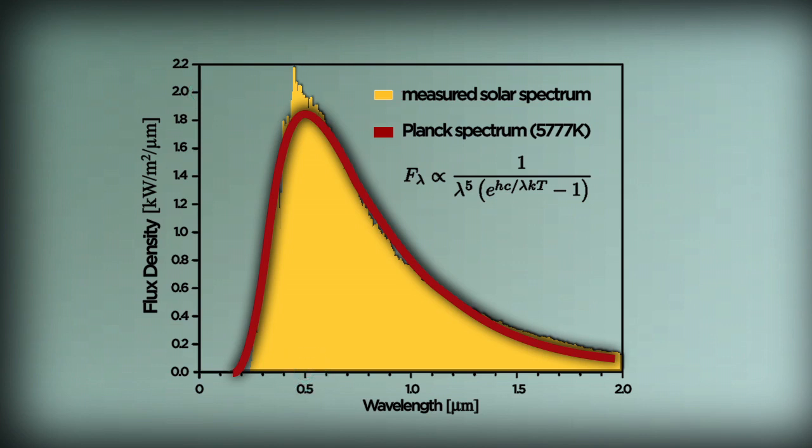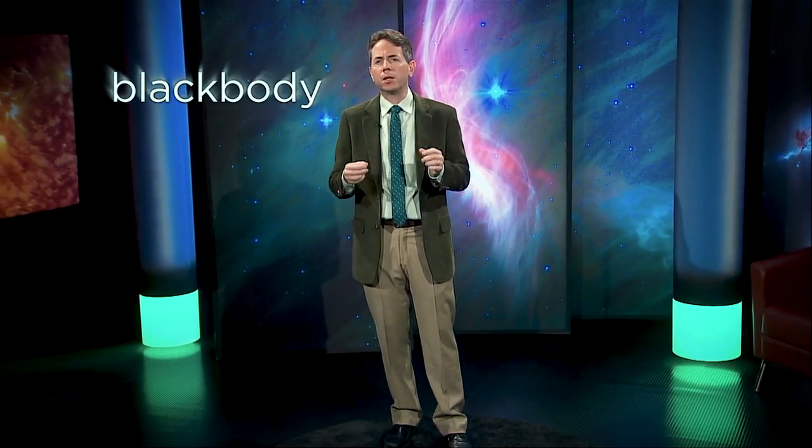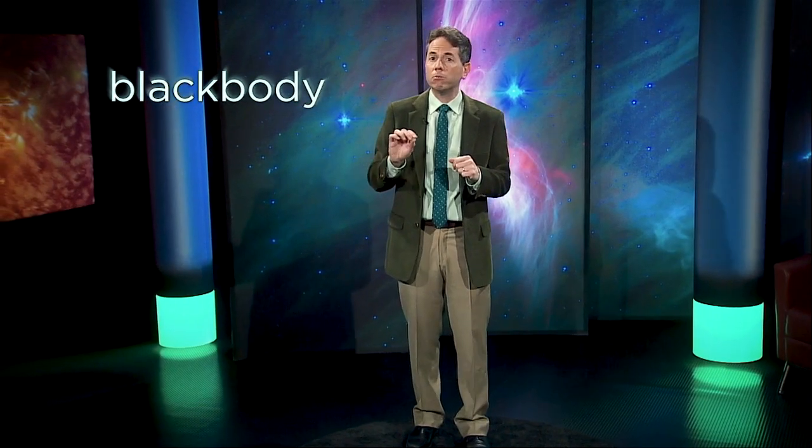Why doesn't it fit exactly? The Planck spectrum describes the radiation you get from particles that have been knocking around long enough to reach a constant temperature. They're in thermodynamic equilibrium. It's often called a blackbody spectrum because technically the derivation relies on the material being a perfect absorber of photons and therefore black.